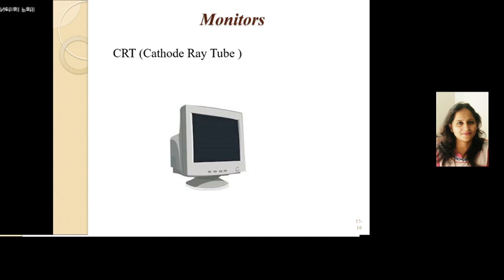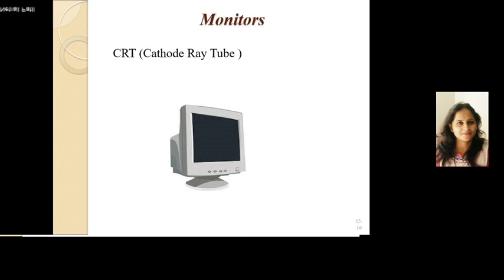See, first one is monitor. Monitor, commonly called visual display unit, is the main output device of a computer. Monitor forms an image from tiny dots called pixels that are arranged in a rectangular form. The sharpness of the image depends upon the number of pixels. The monitor is also known as screen display, video screen. Monitors come in two major types, LCD and CRT.